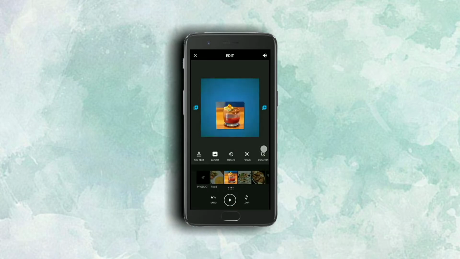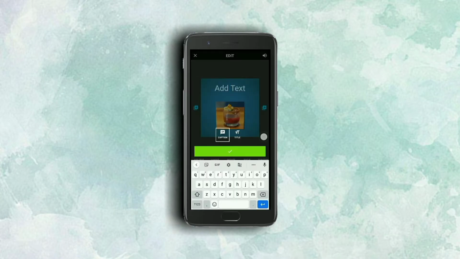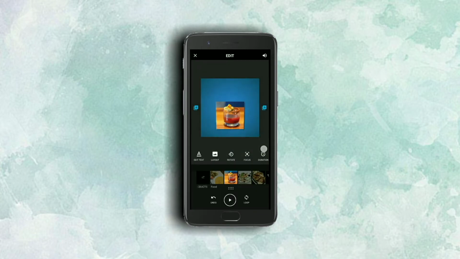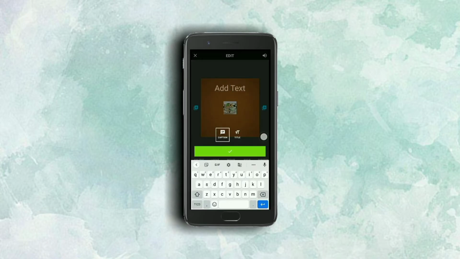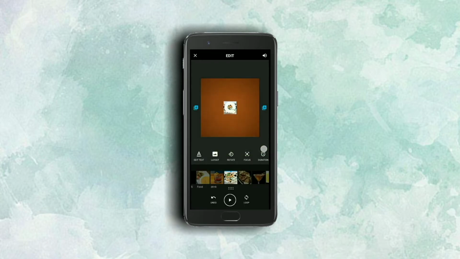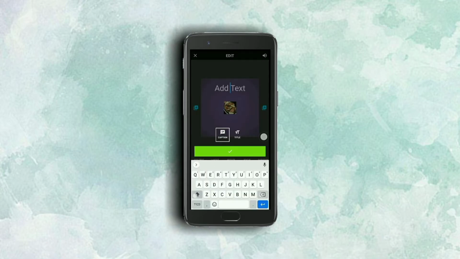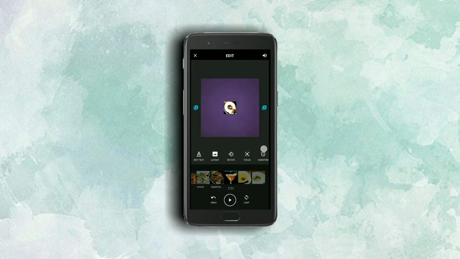So this is how it will look once you start adding text to each image. You will be adding this text as a caption and not as a title.